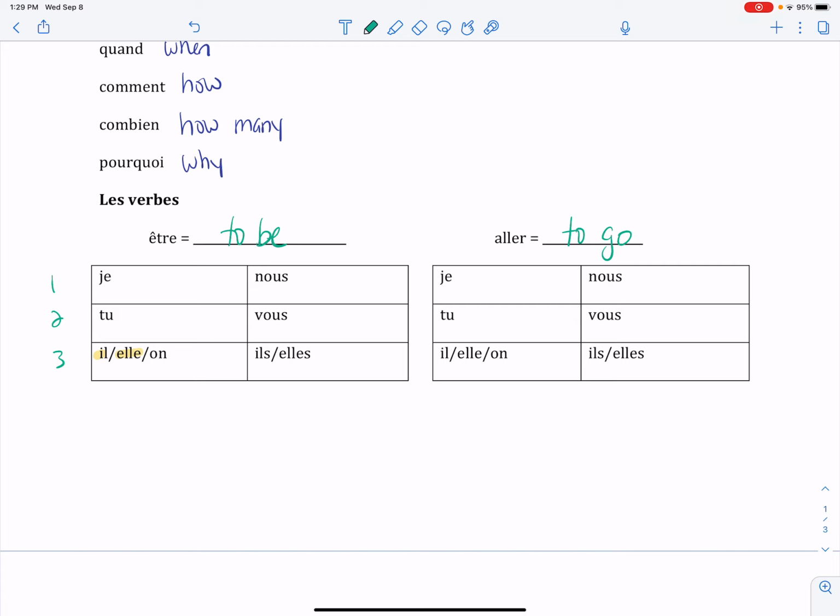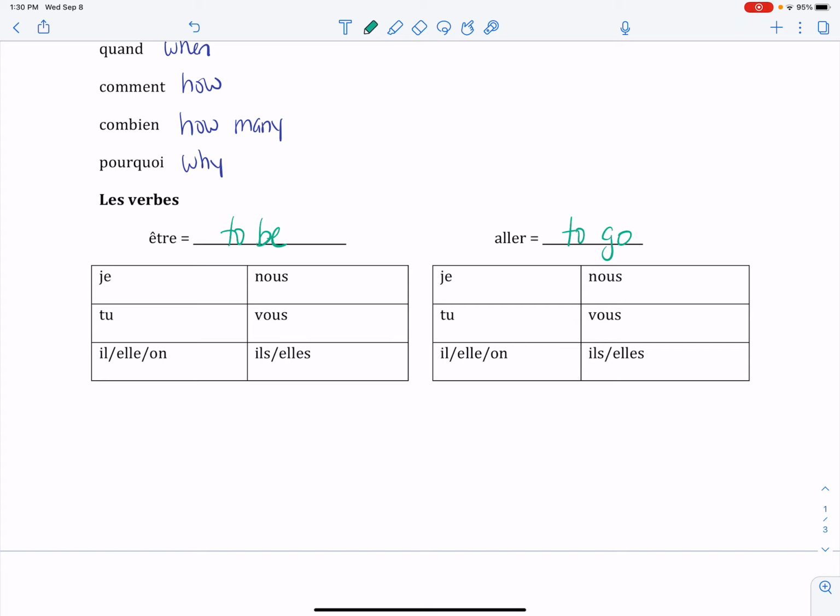There is a pronoun iel. It's to serve the non-binary purpose. It's really not widely used, and if it's something you'd like to use in your writing, you're welcome to do so. But because the language is so binary, there's masculine and there's feminine, it's just not something that has really caught on in the French language. So I don't tend to use it on verb charts and in activities, but I want you to know that it's out there in case that is a pronoun that you would like to use. So that is a quick refresher on pronouns.